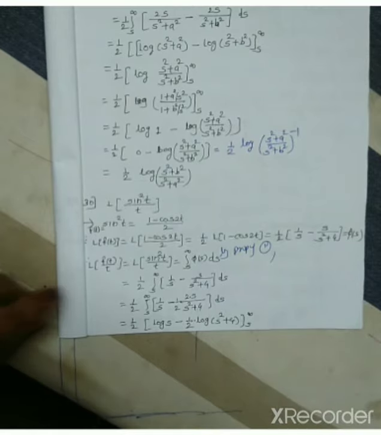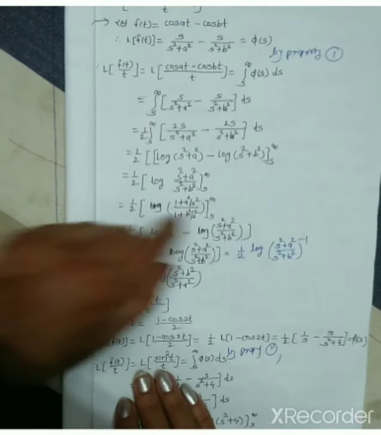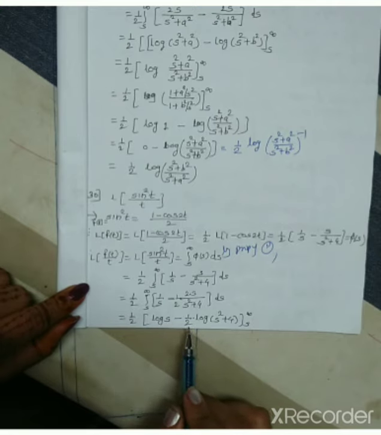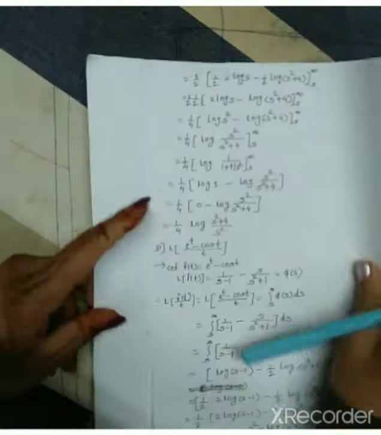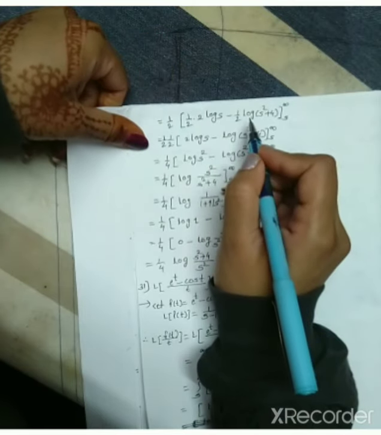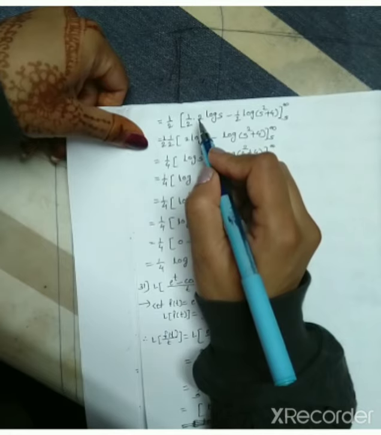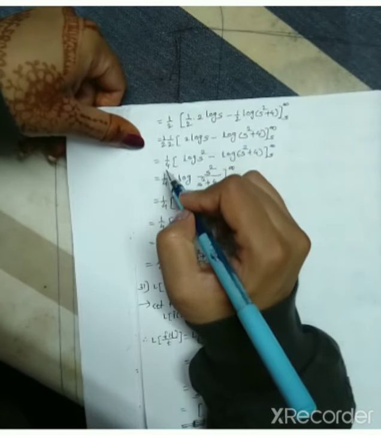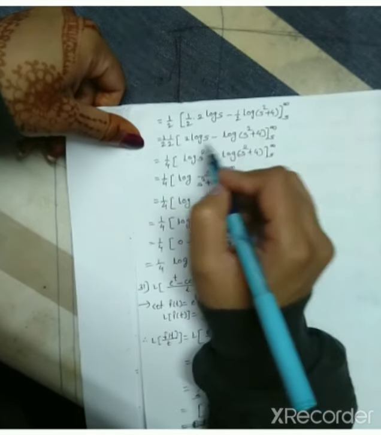Okay, now here we cannot directly use the property log a minus log b until this half comes outside. That's why we have to do one more adjustment here. What we have to do is take this half common and adjust half here into 2. Okay, understood? That's why in the next step take this half outside and multiply with this outer half, we get 1 by 4. And here 2 log s minus, this half gets cancelled outside, and log.